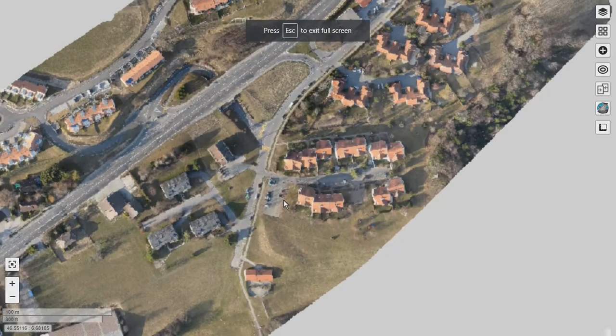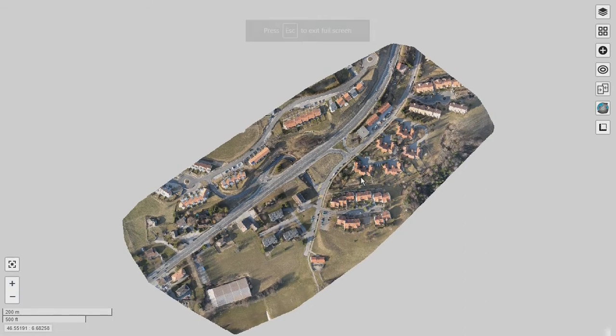Okay, now the orthomosaic is clearly visible, and let's go ahead with this view for the rest of our video. There's an option to import measurements, GeoJSON files or shape files. We can import measurements and a few other things. We'll get back to this option later.